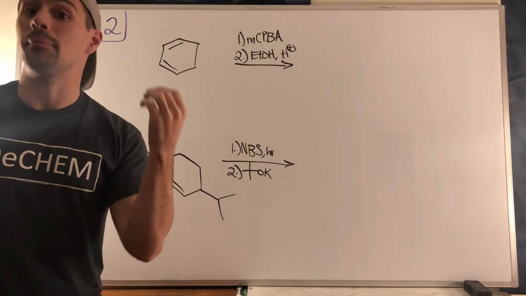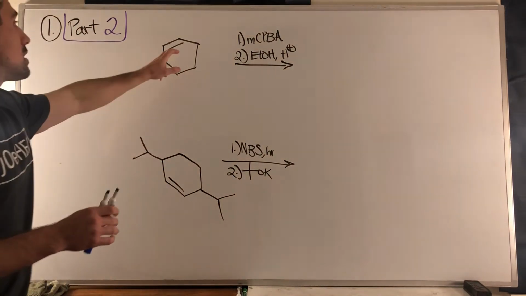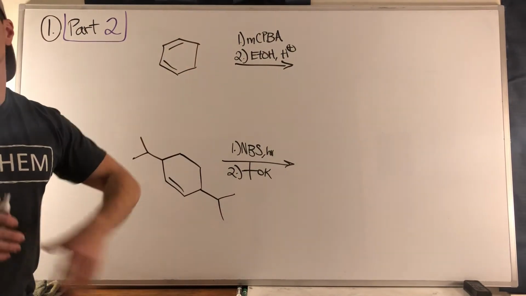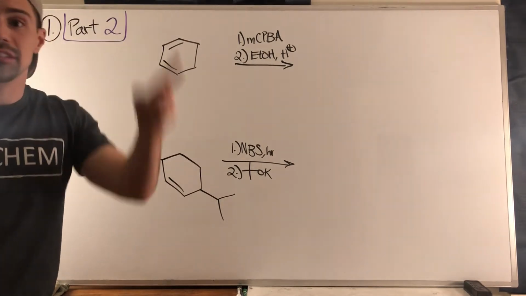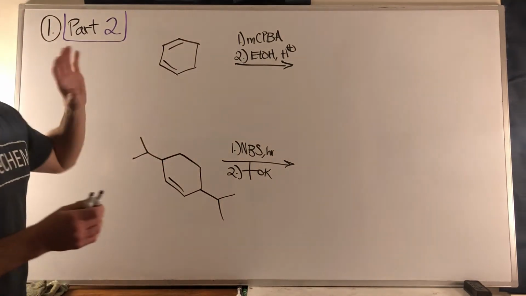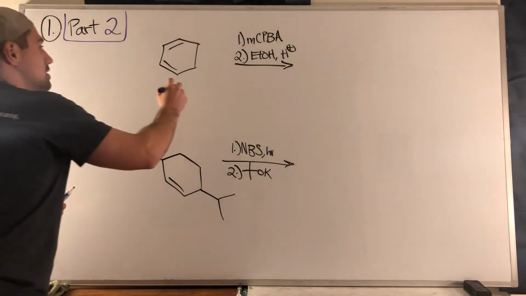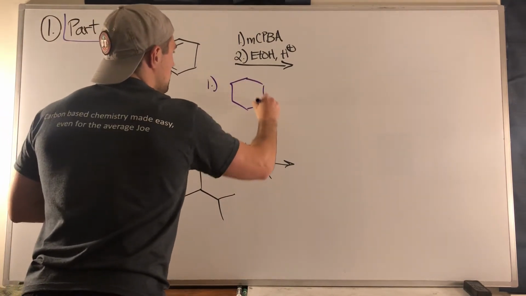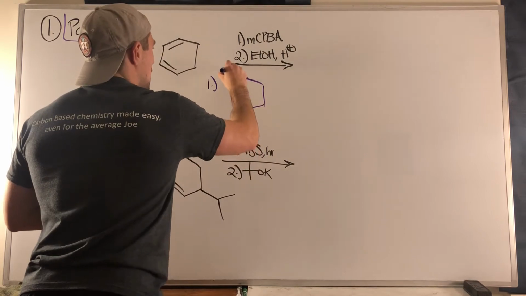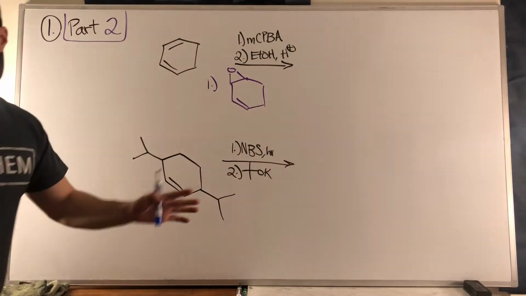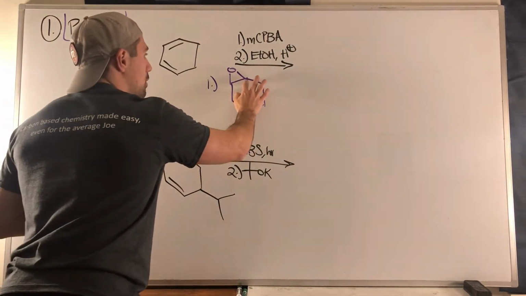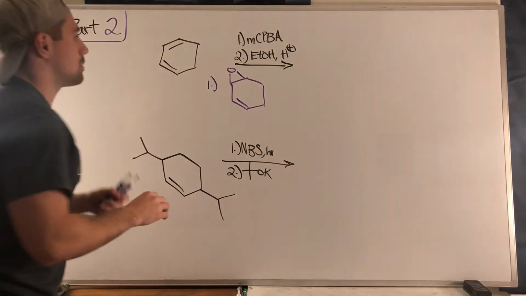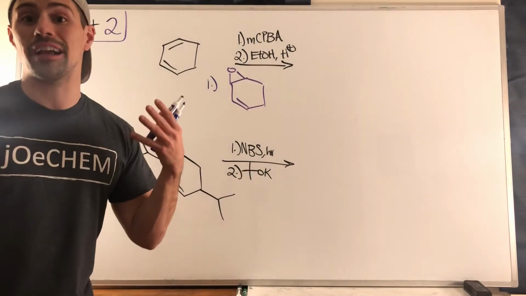We're going to make an epoxide. Because if we treat a double bond with MCPBA, we get that 3-atom system. We get that lovely epoxide. It doesn't matter which one you pick. So after step 1, I'll just kind of do this down here. You could imagine we have something like this. And again, no stereochemistry, just regiochemistry here. We're just trying to get the array of products correct when we have conjugated systems and how that